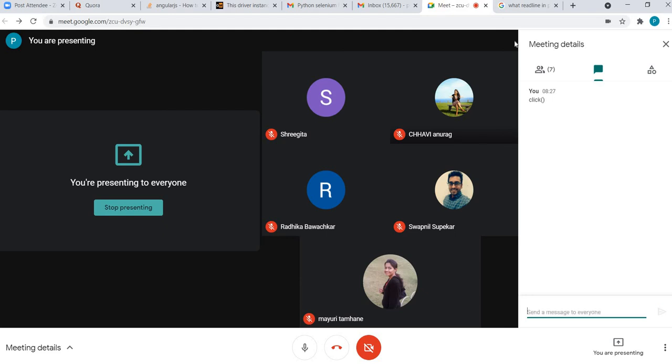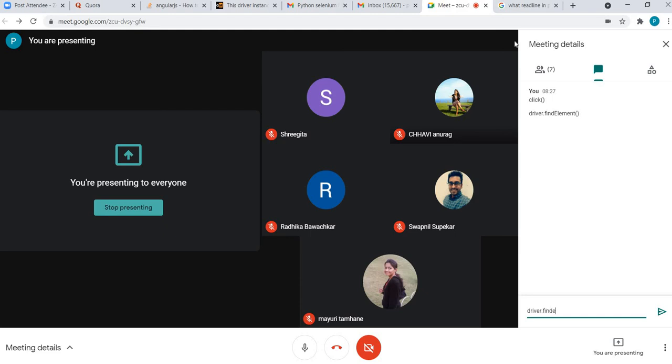So let's say I have driver dot find element, and whatever XPath or by ID, that's not a big deal. So driver dot find element and element dot send keys. Let me put it in this way.